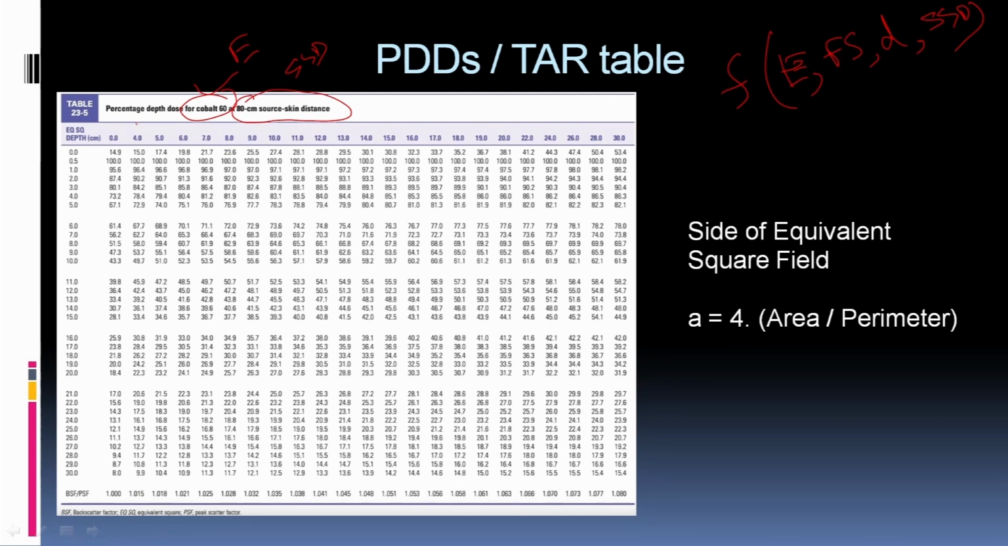In this direction we put our field size. They are square field sizes. So 0 by 0 means there is only a narrow beam, and we have 4 by 4, 5 by 5, 6 by 6, and up to 30 by 30 centimeter. And depth is mentioned in this direction: 0 depth, 0.5 centimeter, 1 centimeter, 2 centimeter, 3 centimeter, and all these parameters are mentioned here. We have also mentioned the BSF value, backscatter factor, in this table for cobalt 60 at 80 centimeter